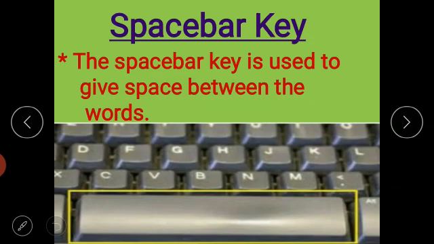Dirty, isn't it? So this key is used to give space between two words. Means Riya, then give space, then you write Sharma. In this way, you can write your name in a proper manner. Are you getting, children? Yes.